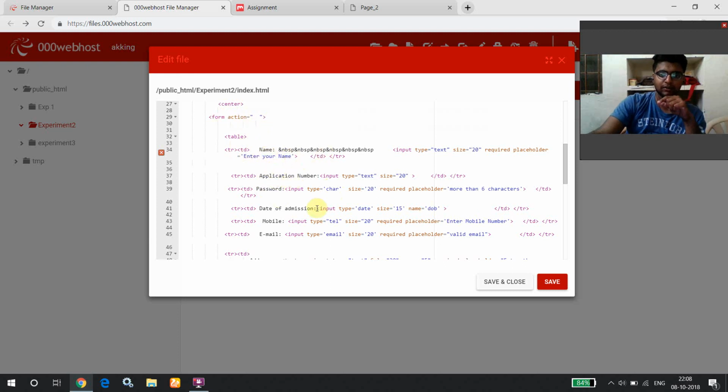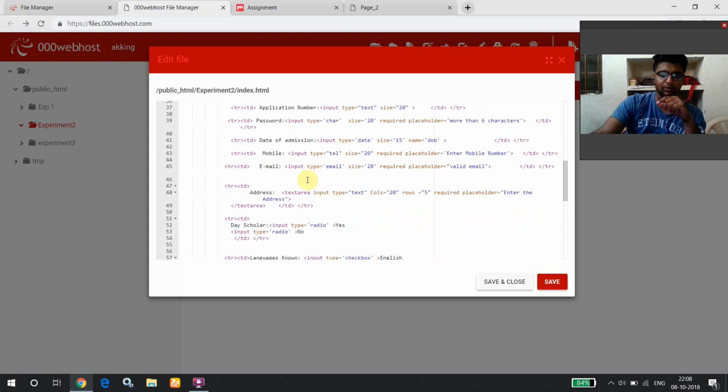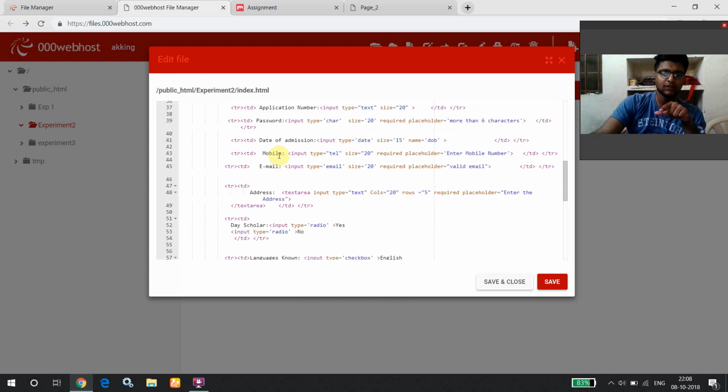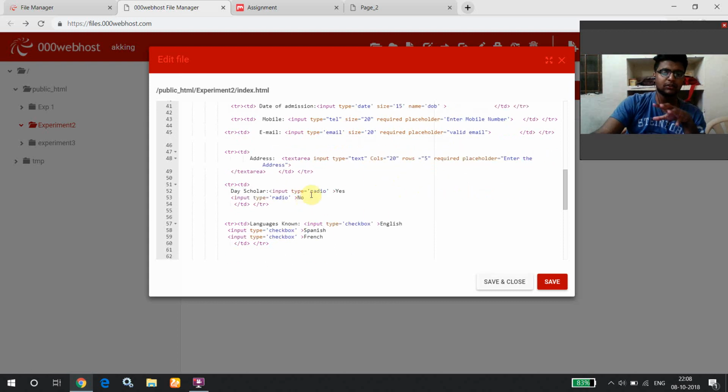And then we'll be giving the various details as application, password, mobile data, according to the details that we are supposed to give. Like application number will be having an input type as text, password will be having input type as password, and we'll be giving the size along with the required placeholders. Since it is a password, it can be more than 6 characters. Now the mobile similarly, we'll be giving all the values along with its type and size, required placeholders,